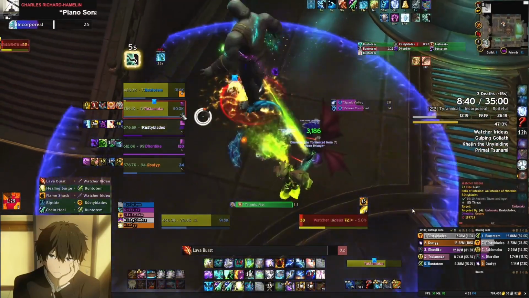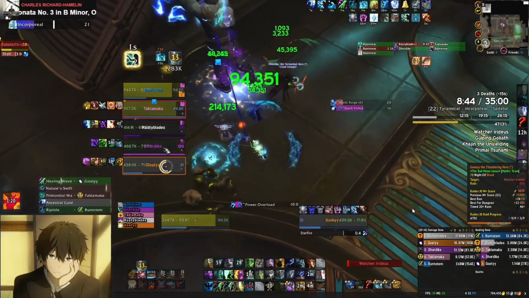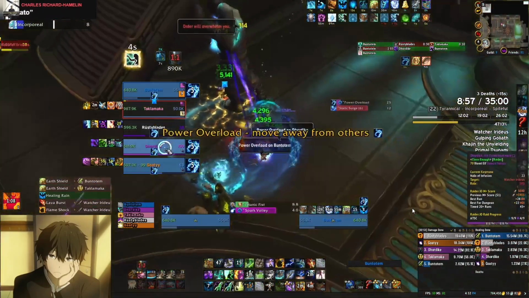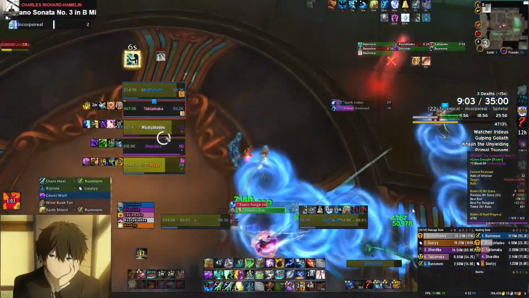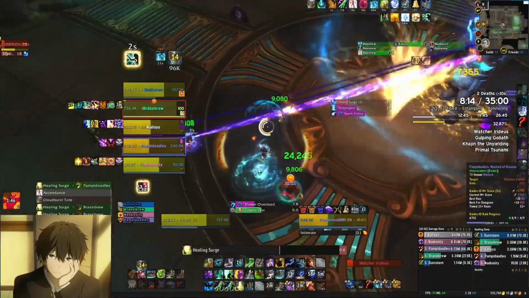As a group, we discussed beforehand that we would Bloodlust in Phase 2 instead of the intermission, and we would save our major movement abilities for the larger puddles that happen in Phase 2. So you see here the Druid use Stampeding Roar on the first one, and I will use Windrush Totem on the second one. Again, be prepared with your healing cooldowns as the damage is very high during this part of